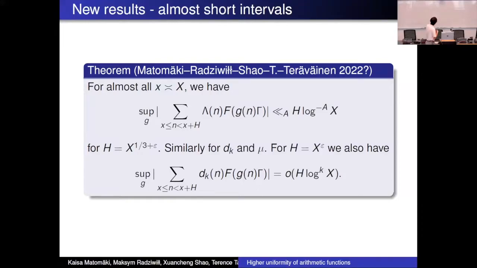And similar results for Mobius and d_k. And for d_k, we can actually get down to x^ε. If you're controlling the k-th divisor function, we can get decorrelation uniformly against all nilsequences of a certain degree and so forth, down to x^ε, where you save just a little bit over the trivial bound. I think that's the right factor, log k. Maybe k minus 1. Yeah, you're right. That's a typo, k minus 1. Thank you, Andrew. He's been doing that to me for 20 years.